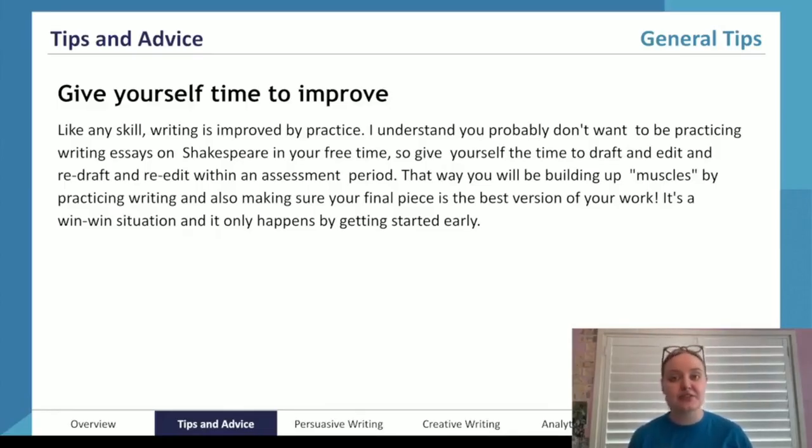It also allows you to do things incrementally, which means that you don't have to be sitting down and writing like 1,000 words within 2 hours. You can just do 100, 200, 250 words at a time. And it means that you're less likely to procrastinate as well, because it's a much smaller task that you have to be tackling each time.